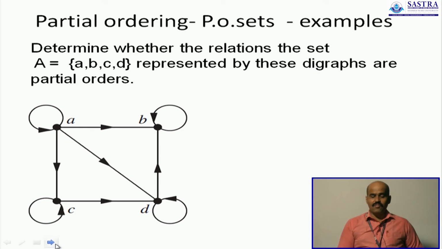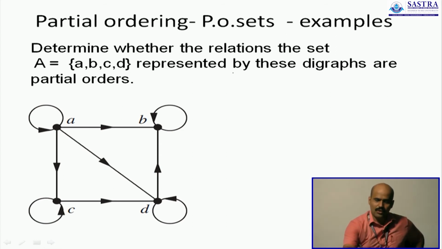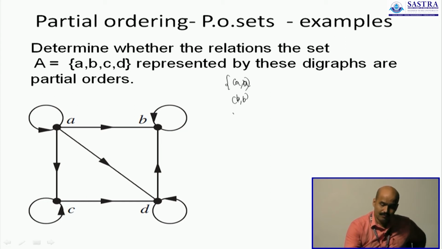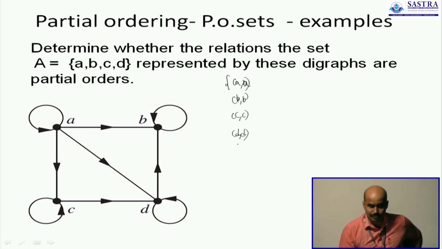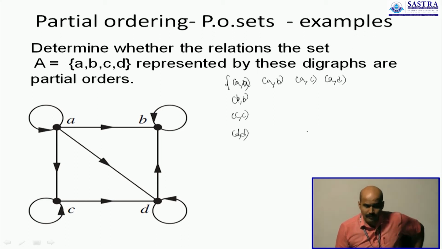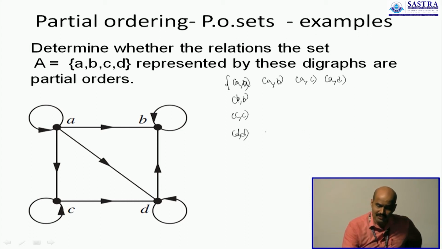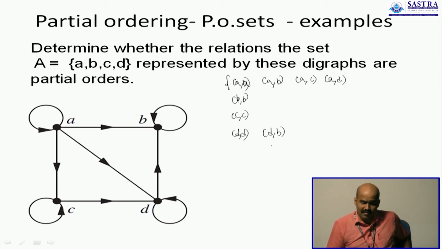Let's consider a different example similar to the previous one. Let's write down the ordered pairs. You directly have the reflexive pairs AA, BB, CC and DD. They are the 4 pairs that are present. In addition, you also have AB, AC and AD. You have these 3 pairs, whereas the element B has only one pair coming into itself, that is from D. So you have D comma B, and that's all. You don't have anything more.